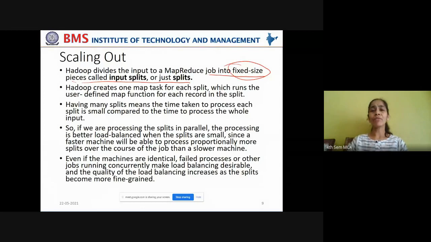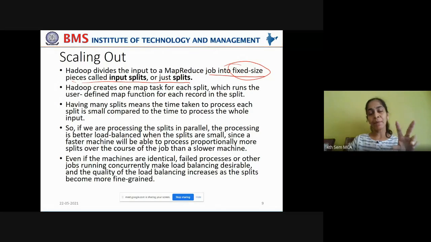Why? Why can't they have variable size? You should ask me that doubt immediately. Why only fixed size? Why not variable lengths? If one piece is too large, it requires more time to complete the processing. If one piece is too small, it completes the processing very fast, and that task tracker will be left idle until all the large sized chunks are processed.